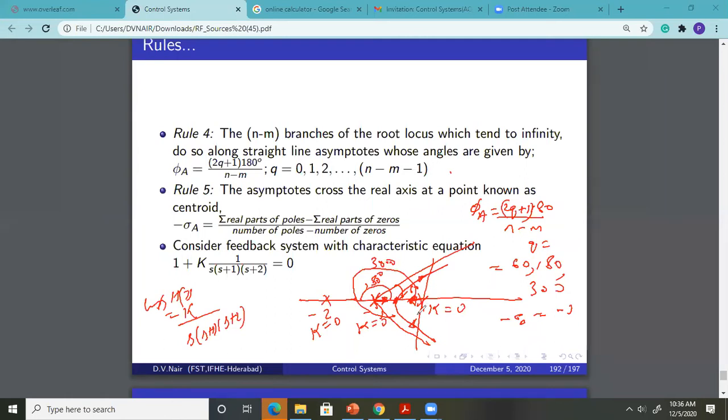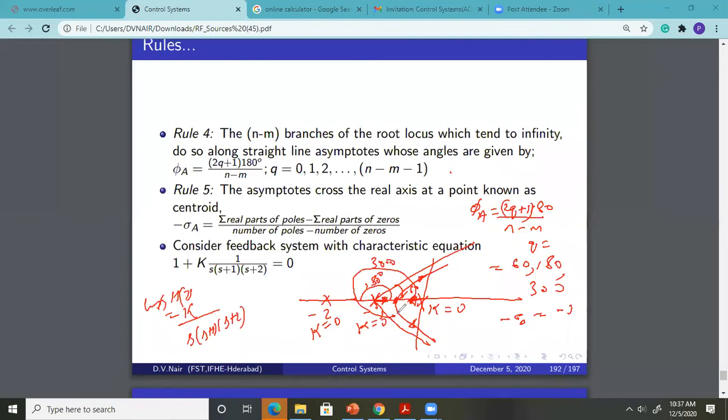For now, your gospel truth should be that the branches of root locus which move to infinity do so along the direction of asymptotes. Asymptotes are guiding them in what direction they have to move towards infinity. Here you see one asymptote is in this direction, and the root locus branch will always move parallel to asymptotes. They are the guide for them. There is no asymptote here. If there were an asymptote in this direction, then this branch would go following that asymptote. Branches will follow asymptotes.